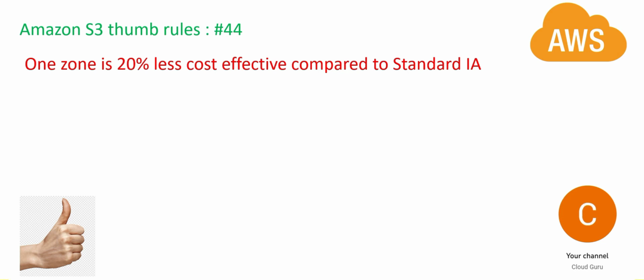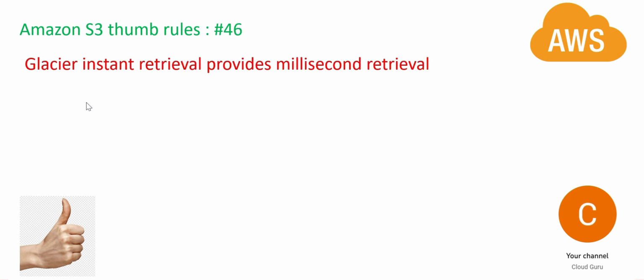Now, like I told, Glacier you should use only if you want cold storage, where you have to store data for a long time. Suppose there is a banking requirement. RBI says in India that your data should be stored at least for 7 years. If you have that kind of requirement where you will not be accessing that data regularly, maybe once a year, or once in 3 years, then you keep it in Glacier. Now what if you have a requirement where you keep it for a long time, but whenever you want to access it, it should be accessible in milliseconds? So you have the instant retrieval feature in Glacier.